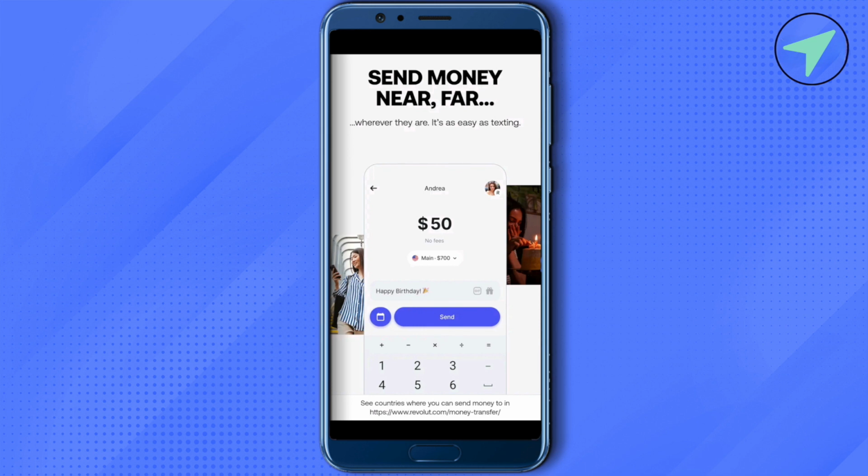Just simply select your investments and you need to sell these investments, and you will only be able to sell it when the market is open. So just simply sell it during the market opening, and this way you would be able to get the proceeds in your Revolut account. After that, go to the stock section and there select the option of withdraw, and now